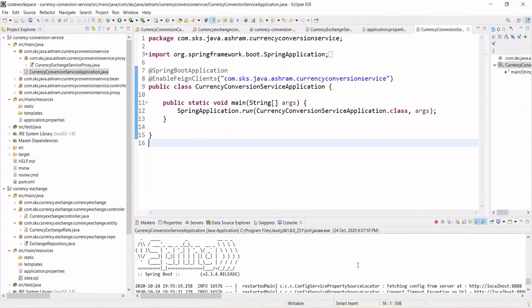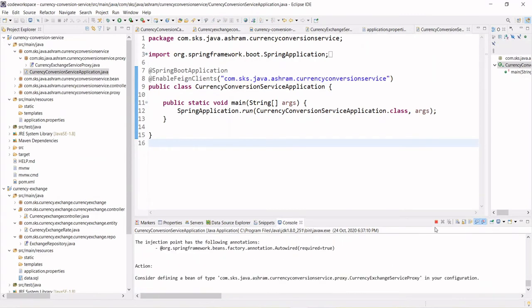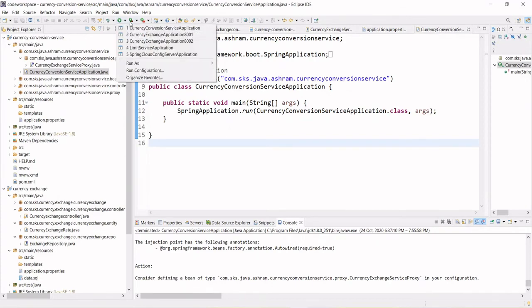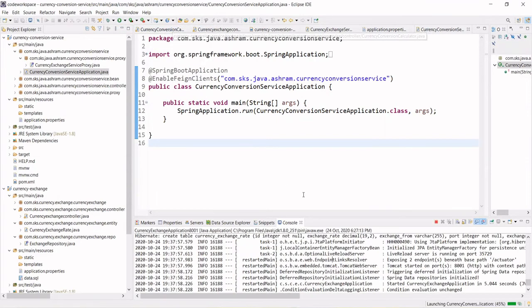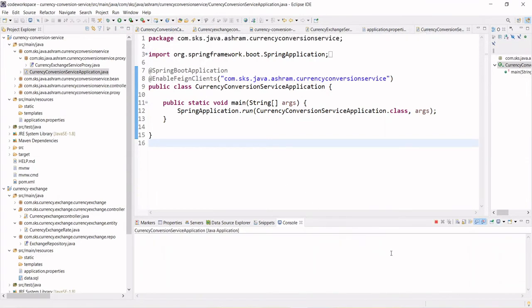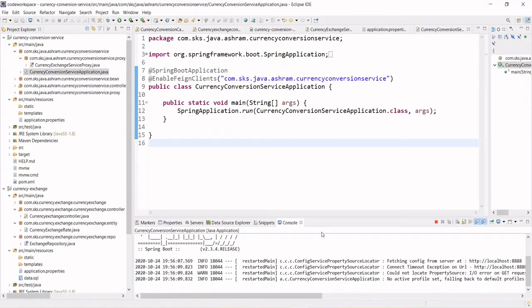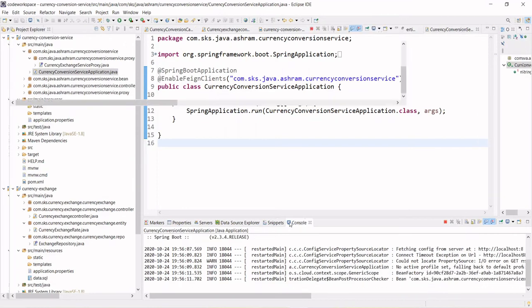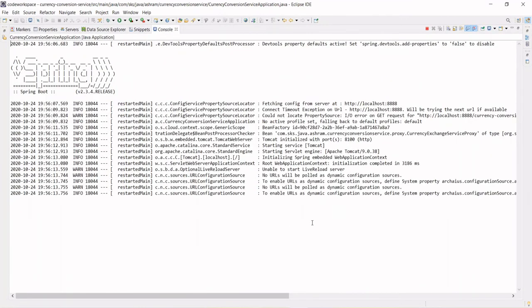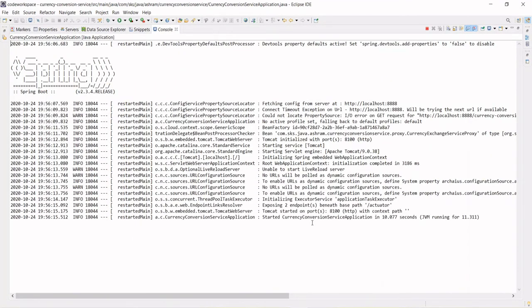Control S. I think it's not getting picked up. Let it stop and run again. Currency conversion service application. Let it be. This time it has got started.